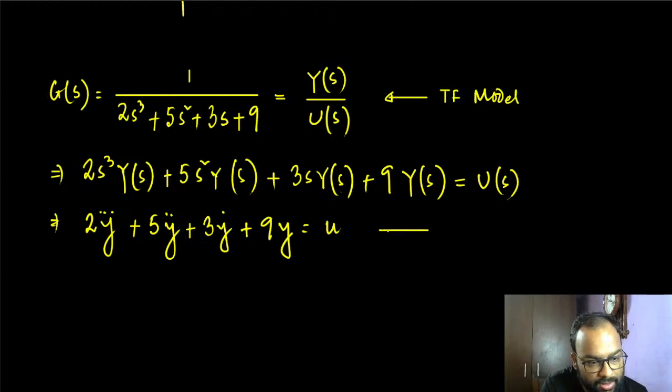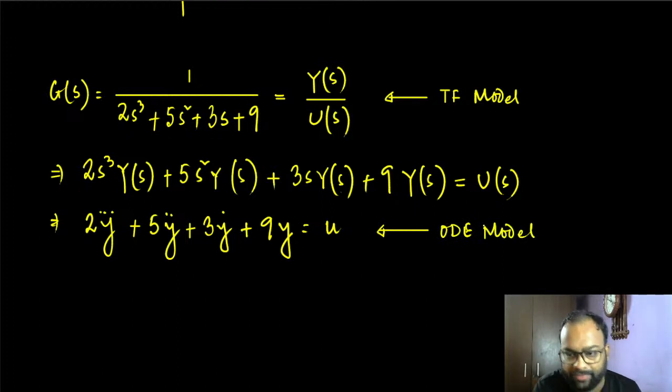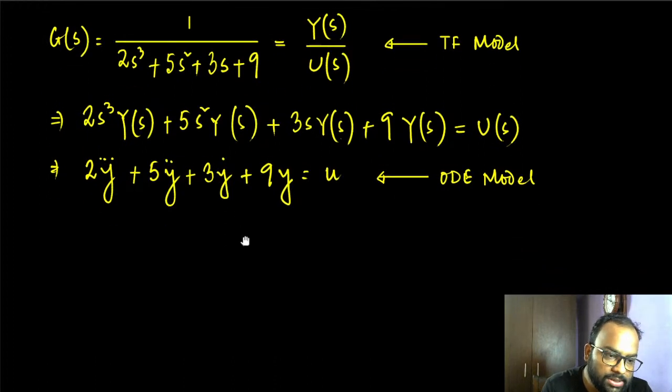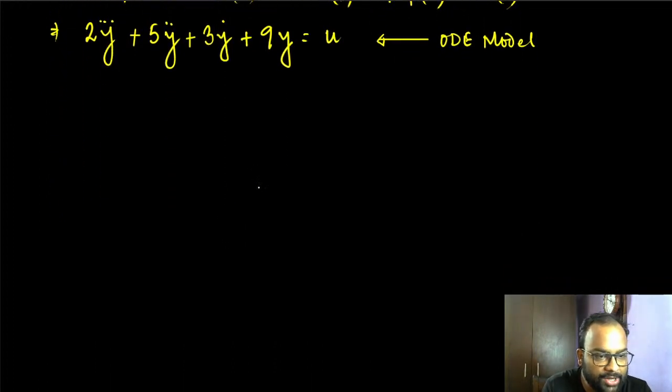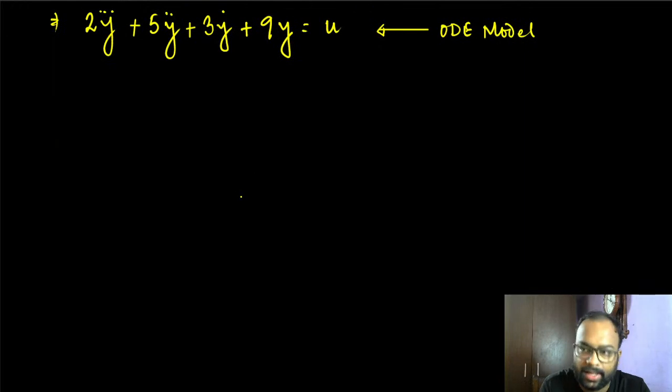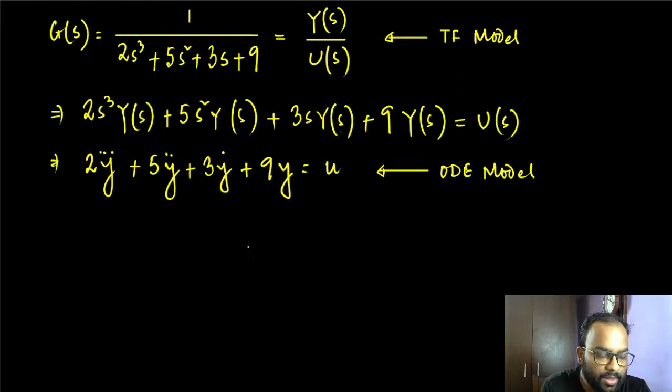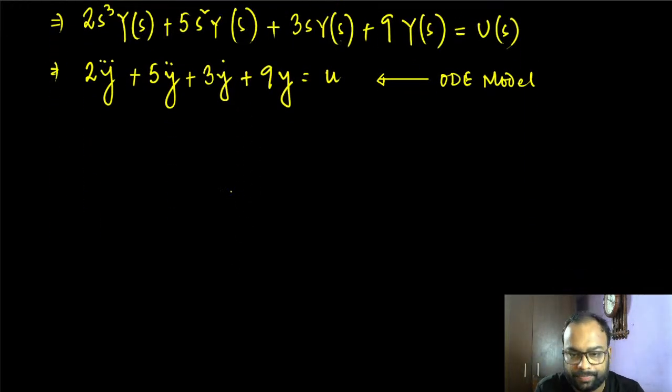And this is the differential equation description. Ordinary differential equation model. Right? So these are the two models that we actually have right now. So we actually have the differential equation model, and this is the useful one, right? All right. So let's construct the corresponding state space model, and we know we need to assume 3 state variables